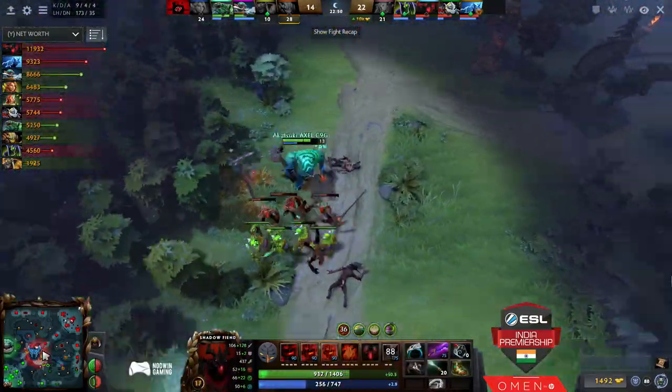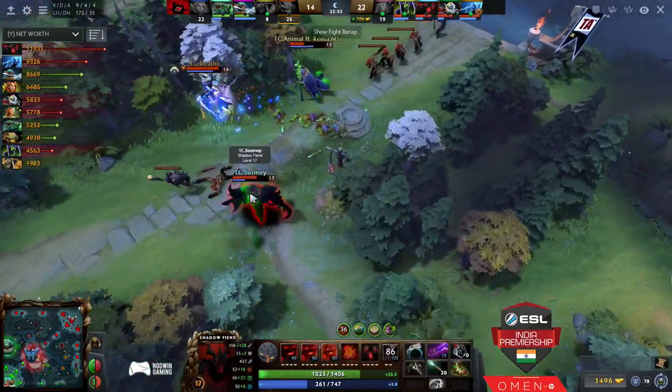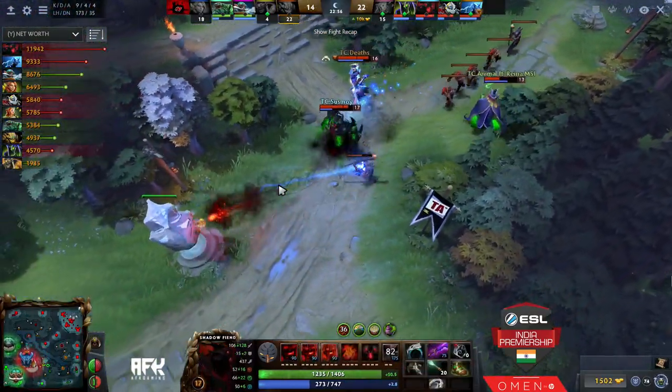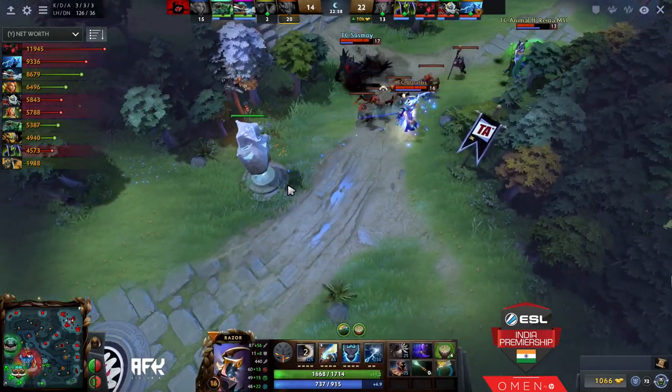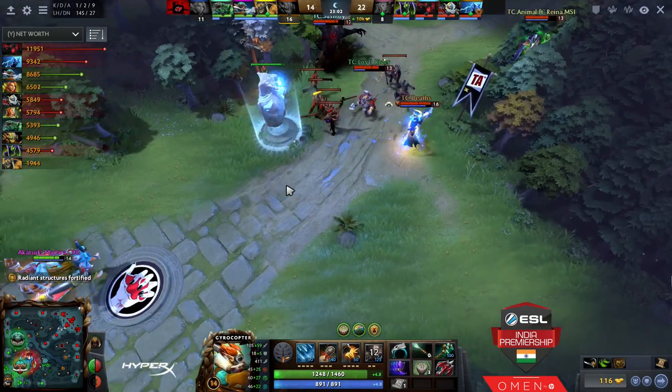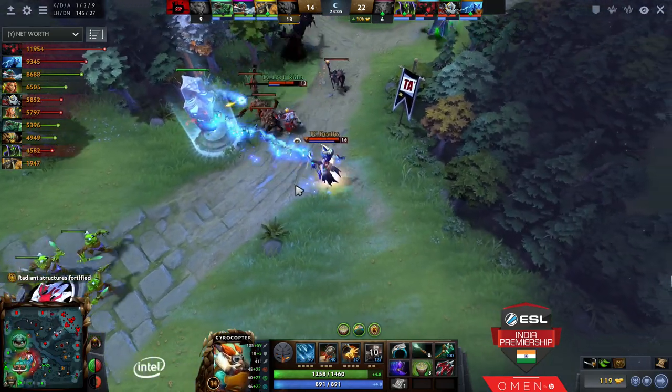You find Sand King, you find Wind Ranger, you also find the Shadow Shaman. The Sand King, I think he has more net worth than his own Tidehunter at this point, so that was actually a position 3 Sand King. He doesn't? He doesn't. Oh, okay, yeah. I think that last fight probably sent him back, but I remember that the Sand King was really close above